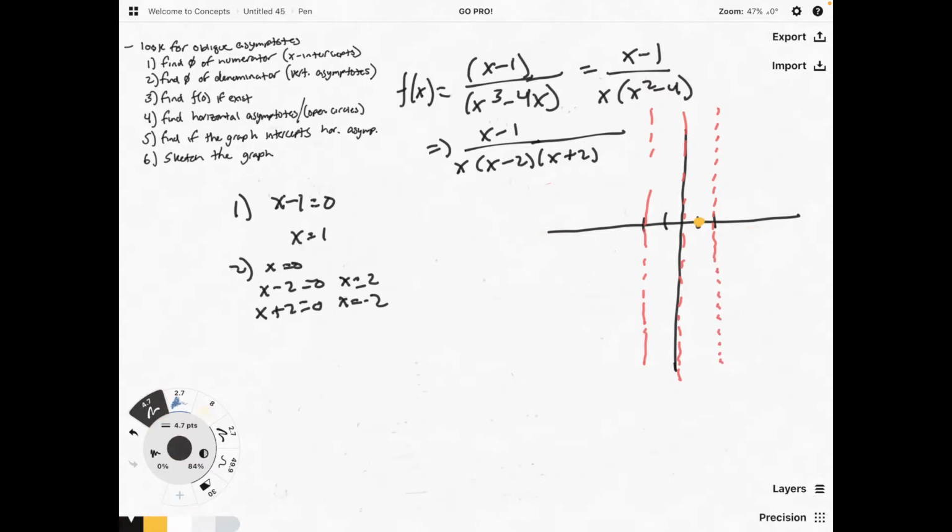Step 3 says to find f of 0 if it exists. We see that it's on one of our vertical asymptotes, so this will be a really good indication if it exists or not. Because it is an asymptote, we have a good feeling that it's not going to exist, but if we wanted to find it out, then we just would plug in f of 0, and that's going to give us 0 minus 1, which is negative 1 on top,